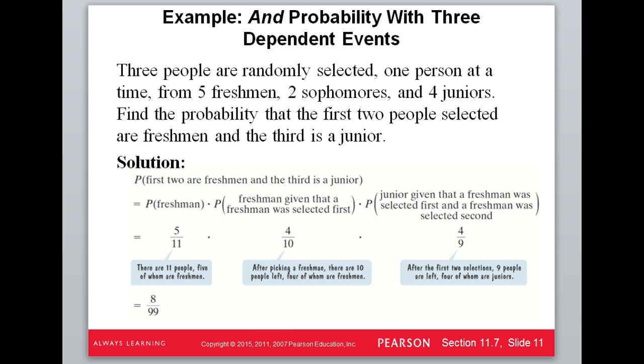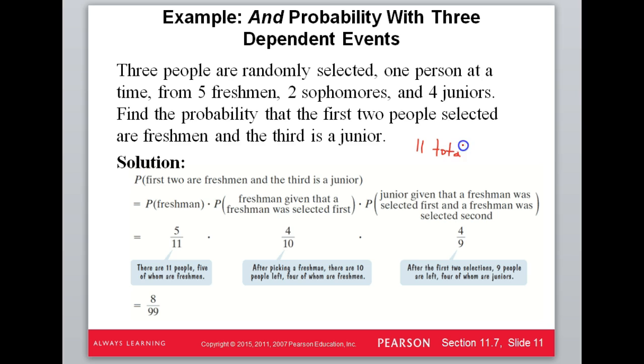Alright, another one in probabilities. This time we've got 3 dependent events. So 3 people are randomly being selected, 1 person at a time. There's 5 freshmen, 2 sophomores, 4 juniors. Okay, find the probability the first 2 people selected are freshmen and the third is a junior. So we start off with 5 and 2 is 7 and 4 is 11. So we start off with 11 total,